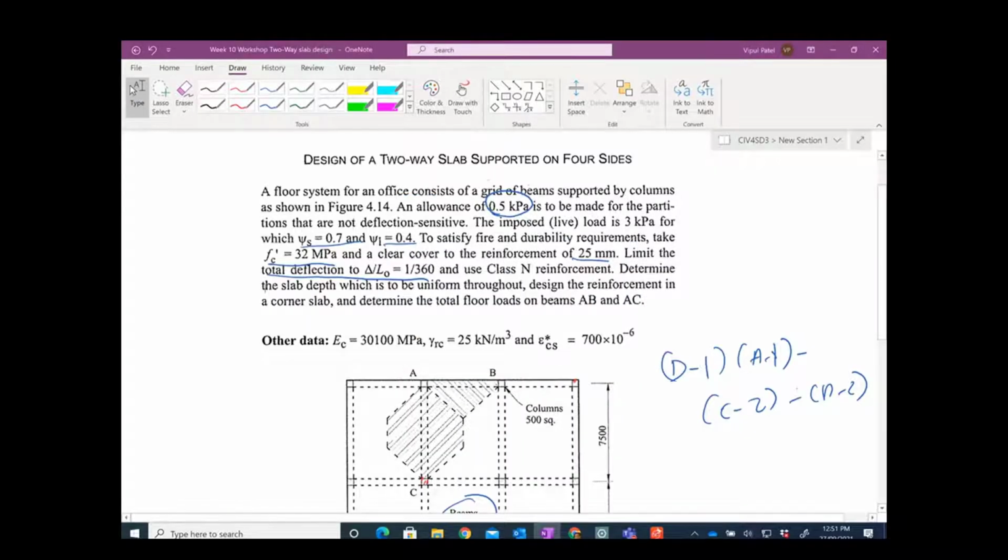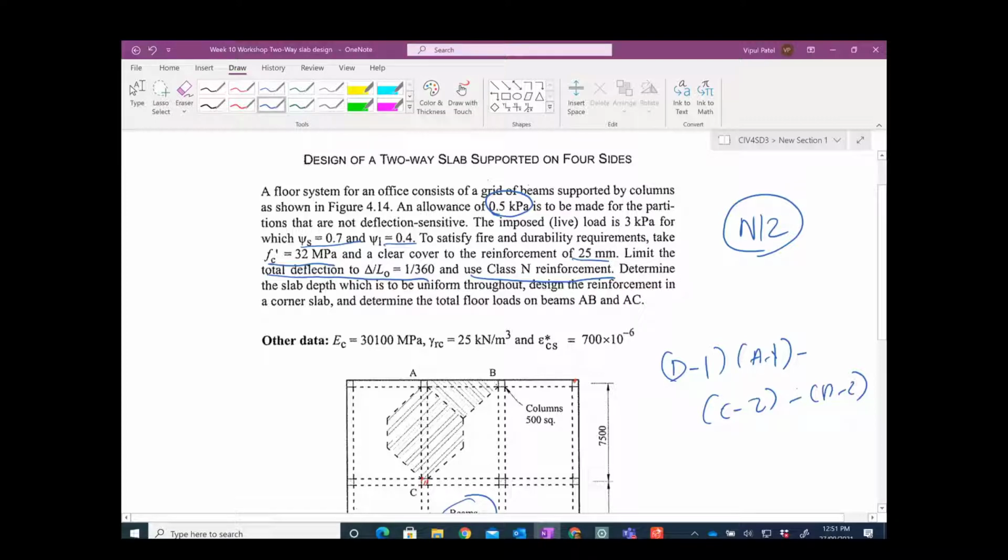That is given here. We need to use class and reinforcement. Typically in the slab we use N12 bars. Why do we use N12 bars? Because these slabs are very sensitive to cracking due to shrinkage and creep, and they are thin and wide,